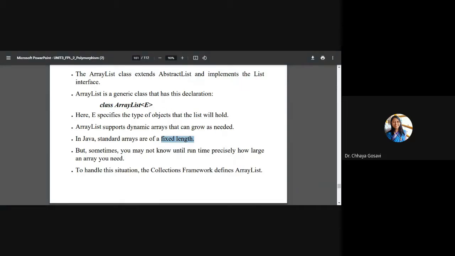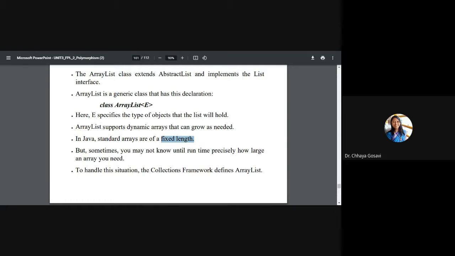You can look into the chat box. int a[] = new int, and in square brackets you can mention a size. This is how we can create a normal array. And the size of the array is fixed. I cannot add an element at the sixth location. And if I add only one element, still there are four places which are blank.